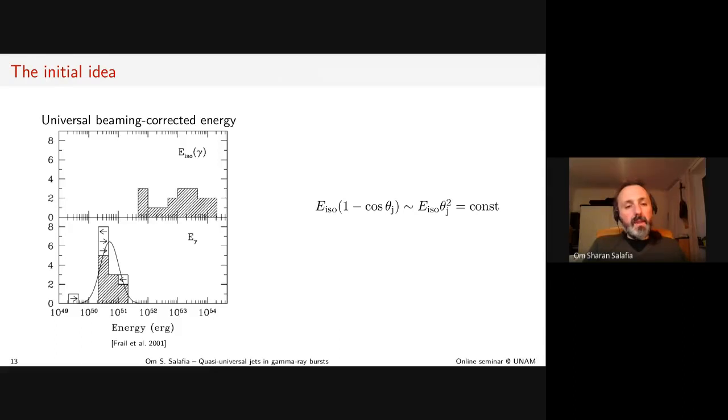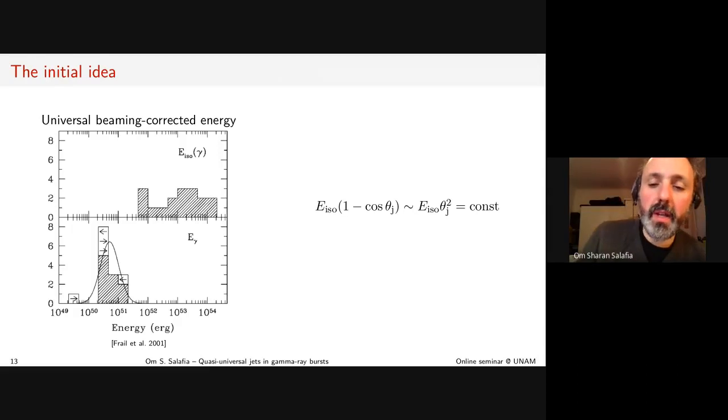In this slide, you see on the left a figure from a paper by Dale Frail and collaborators, 2001. On the top histogram, you see the distribution of isotropic equivalent gamma ray energies of gamma ray bursts as measured at that time. They had a few events of which they could measure the redshift thanks to the BeppoSAX satellite. But what they started to realize is that in the cases in which they could measure an opening angle of the jet from the properties of the afterglow emission,